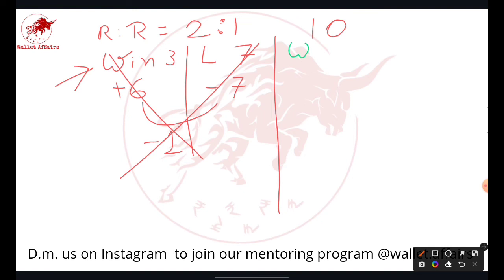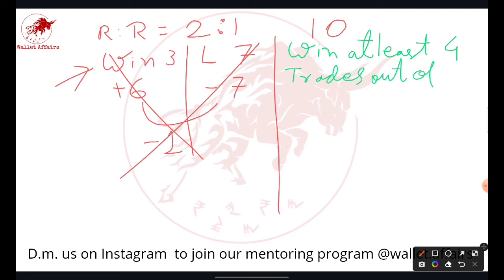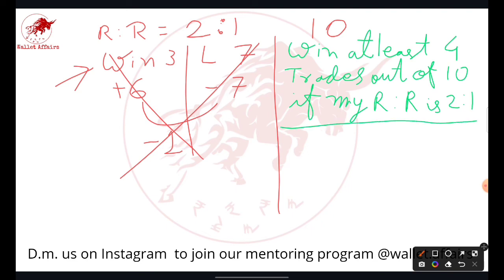I should win at least 4 trades out of 10 if my risk reward ratio is 2:1, right? So